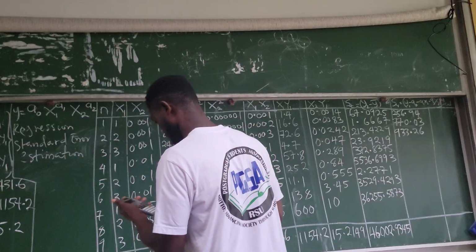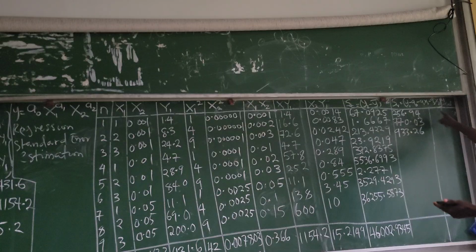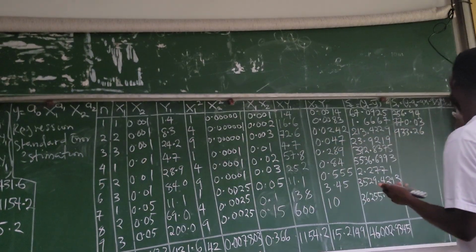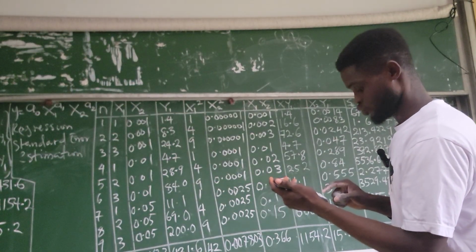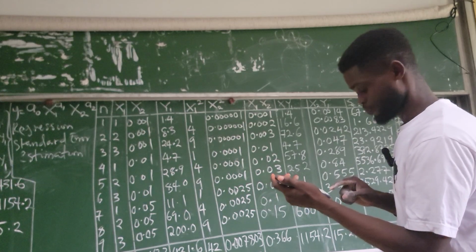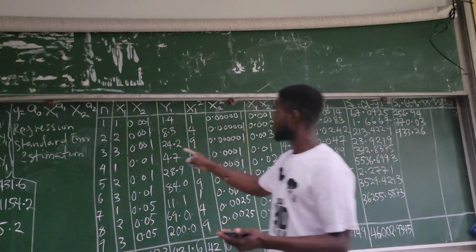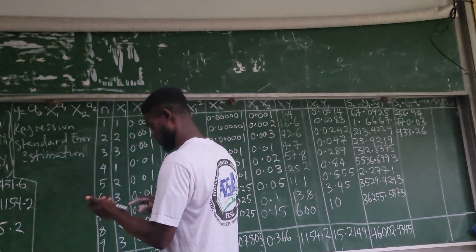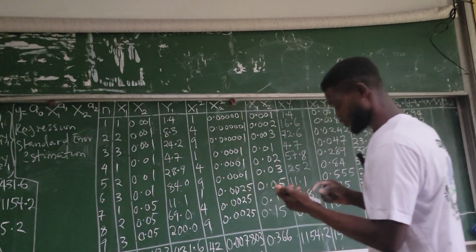So minus A2. A2 there is 1129.34 times x2 on that column. X2 on that column is 0.001 is equal to, you square it,